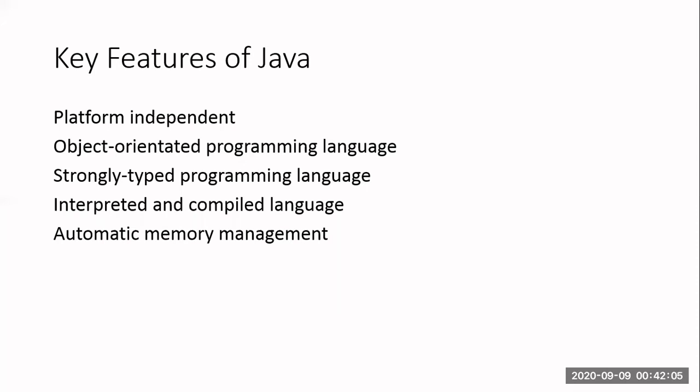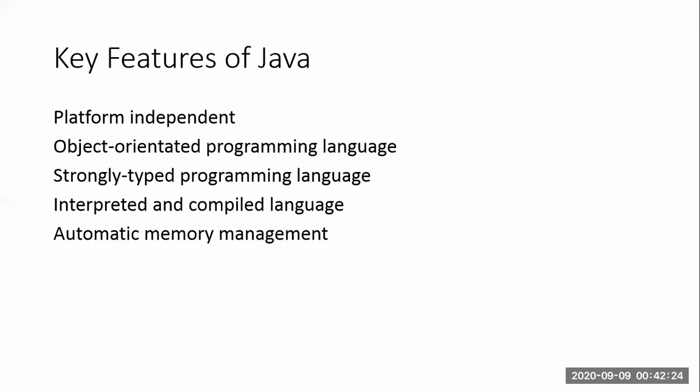But when it comes to Java, Java is a programming language which can be used under any platform without any changes. So I can type the coding in a Windows operating system. I can execute the same coding in the Linux operating system. So we call it platform independent.